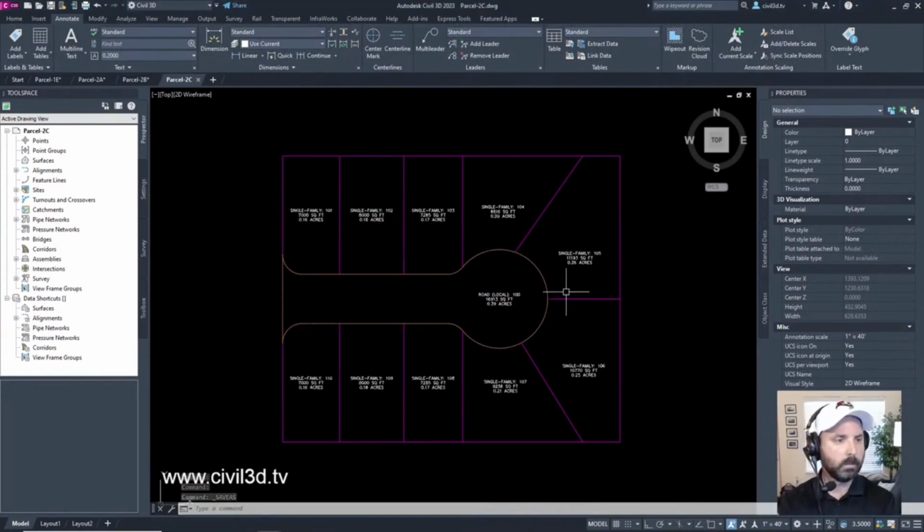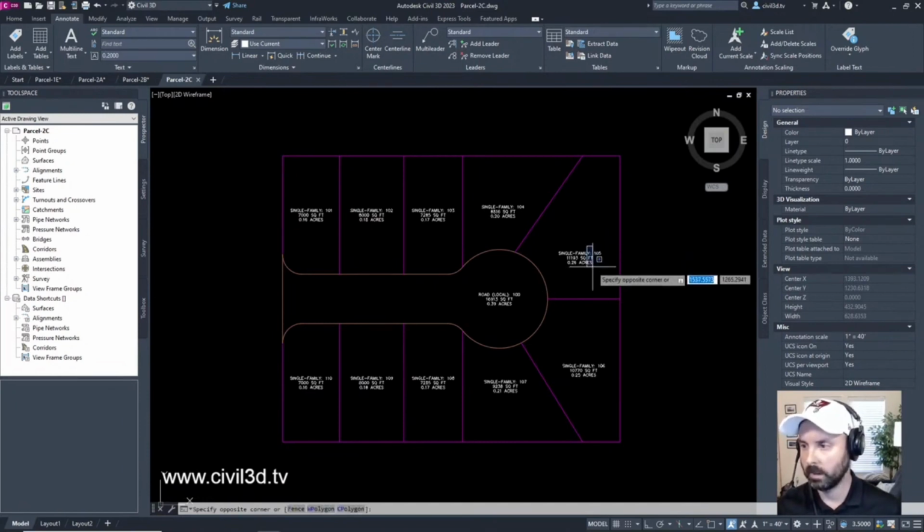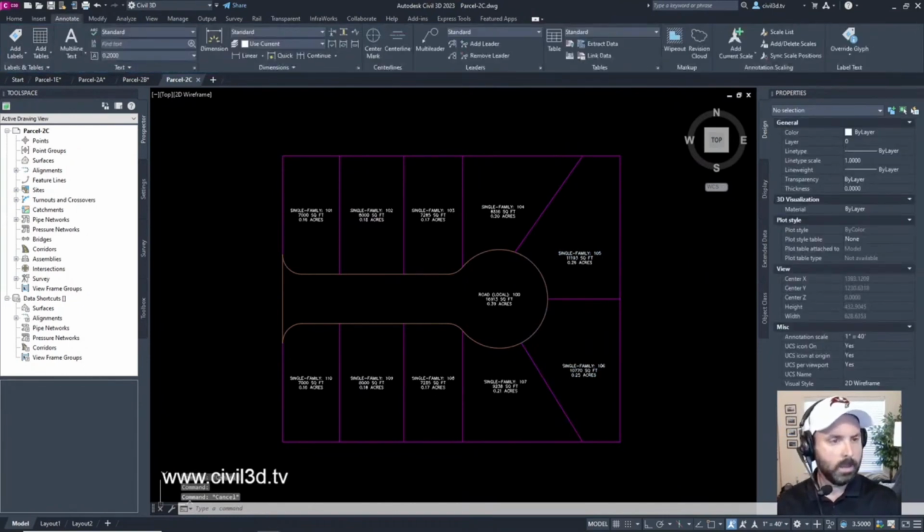You'll use two different methods to change the geometry of the two large parcels at the end of the cul-de-sac. I believe we're referencing these two right here. First, you'll learn about the grips that are available on lot lines. You'll use lot line grips with feature line tools to change the geometry of the parcel. Second, you'll join two separate lot lines and then remove a point of intersection from the combined lot line.